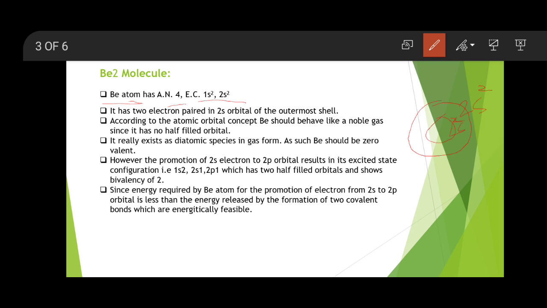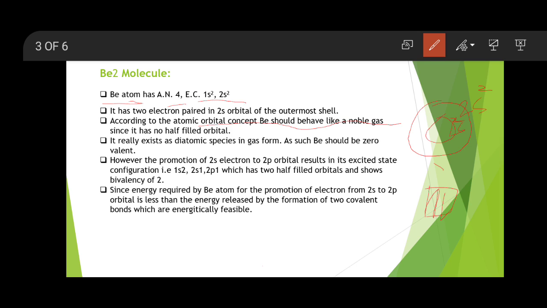Okay, now again in the outermost shell there are two electrons, because the first shell is an inner shell which is not important for bonding. The outermost shell is called the valence shell, and therefore it is important for bonding. So in the outermost shell there is an s orbital, and in that s orbital there are two electrons which are paired. According to the atomic orbital concept, beryllium behaves like a noble gas because both electrons are paired. In 2s both electrons are paired. Since there is no half-filled orbital, but is it possible, or is it really